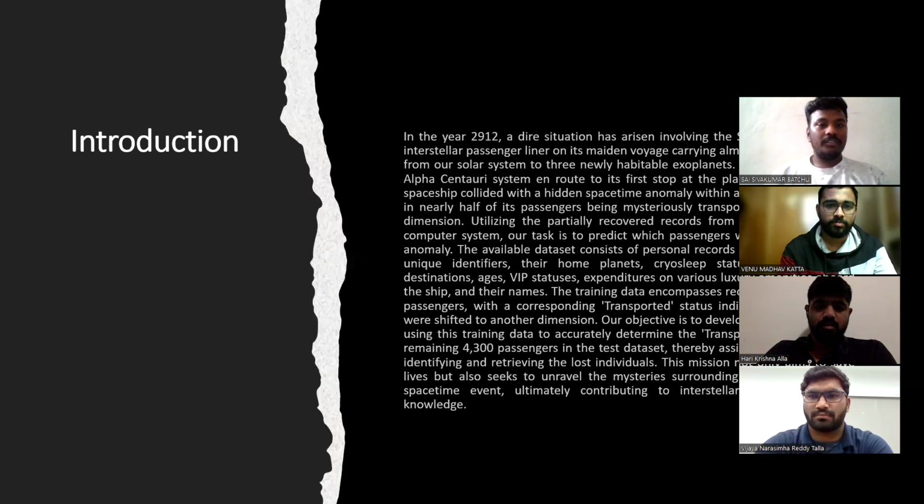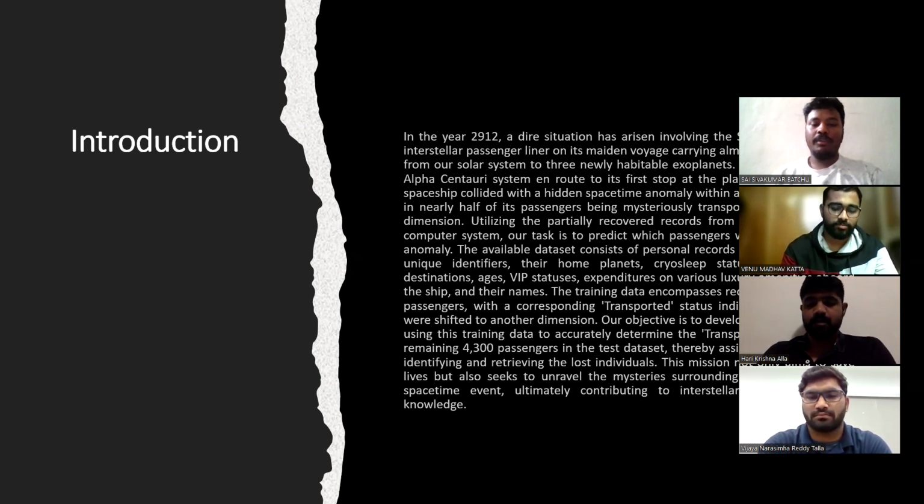Coming to the introduction, in the year 2912, the Spaceship Titanic faced a space-time anomaly in the Alpha-Centauri system, causing nearly half of its 13,000 passengers to vanish into an alternative dimension. Using recovered data from the ship systems, we aim to predict which of the remaining 4,300 passengers were affected by